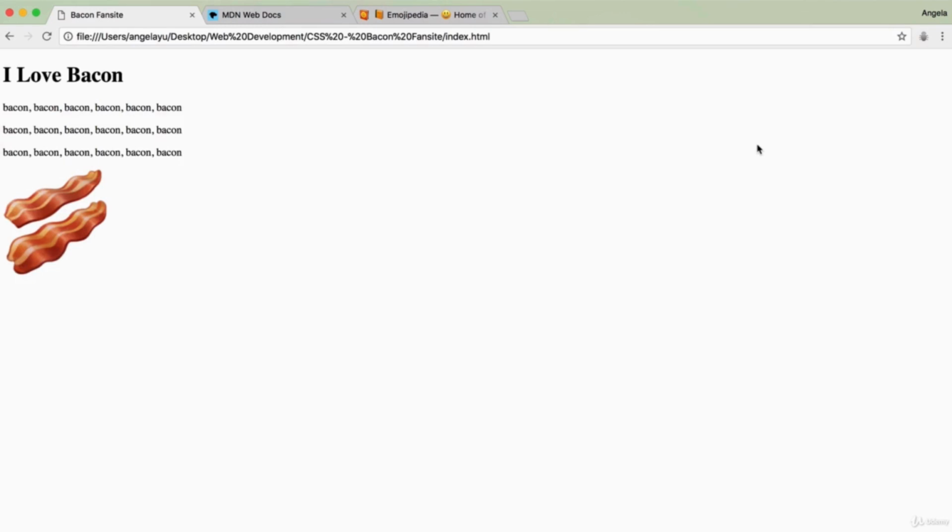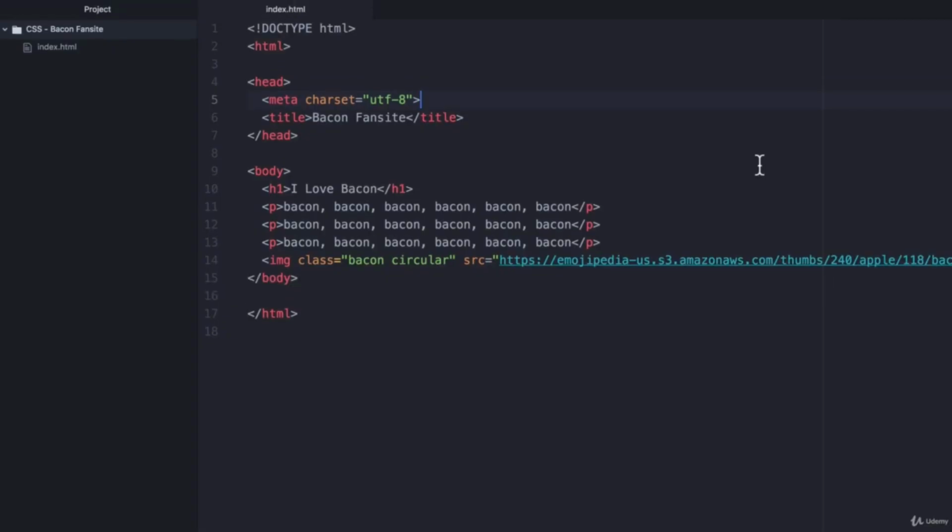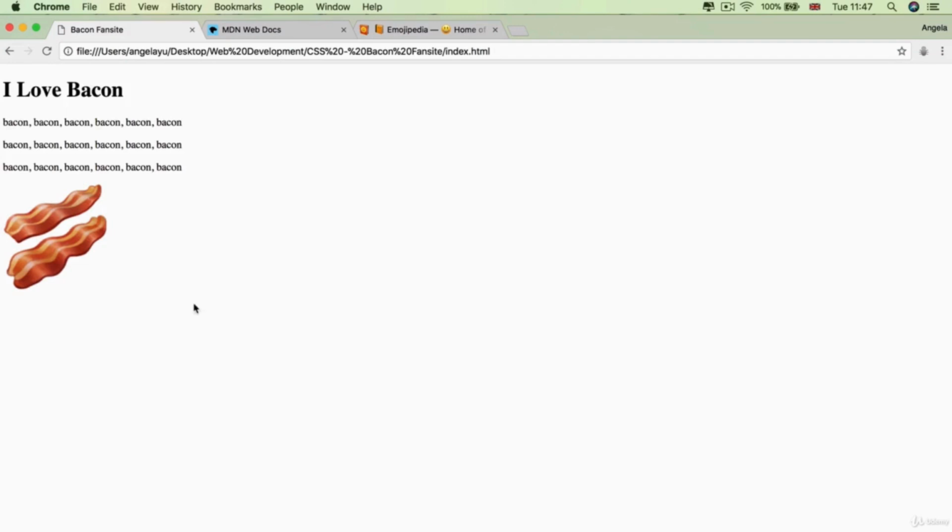If you look inside the resources of this lesson, you will find a zip file called Bacon Fansite that you will be able to download. And once you unzip it and extract the files inside, you should find a folder called CSS-Bacon Fansite. Now, inside this folder, there is an HTML file called index.html. And here I've already written a little bit of code in order to create the bare HTML bones of our